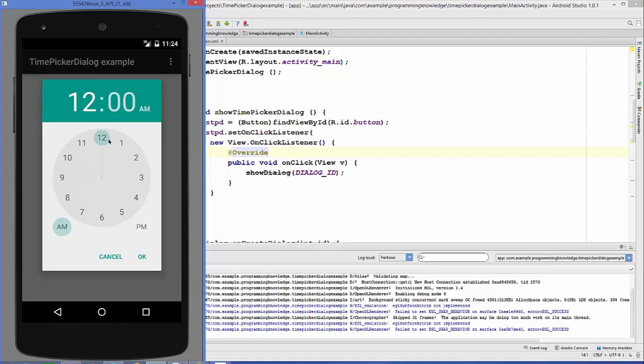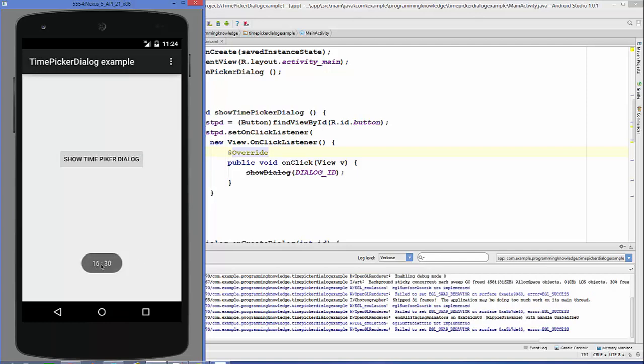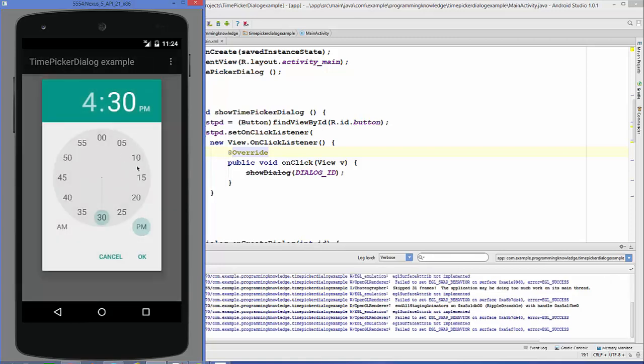And you can set the time whatever you want, so for example 4 hour 30 minute, and I'm going to change time to PM, and when I click OK here, you can see the time 16:30. Okay, so in this way you can use time picker dialog in your Android activity.